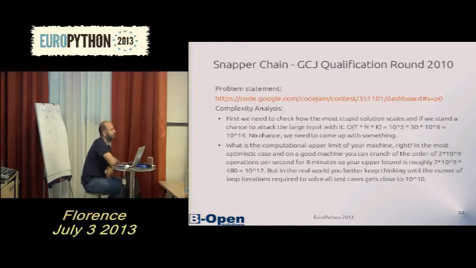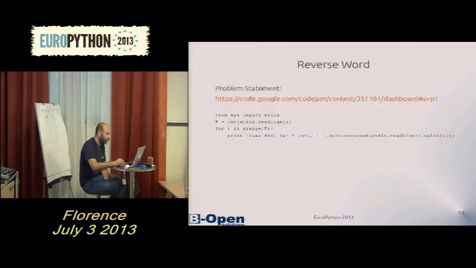Now, here I have my calculation. Try to do it first by yourself. What is the maximum number of operations, whatever operation means, but let's assume you have some simple operation. What is the maximum number of operations that you can do on your machine within 8 minutes? How will you do it?